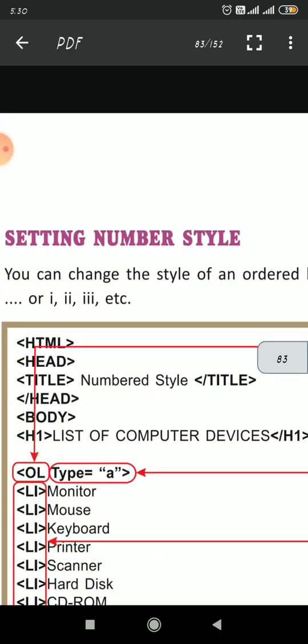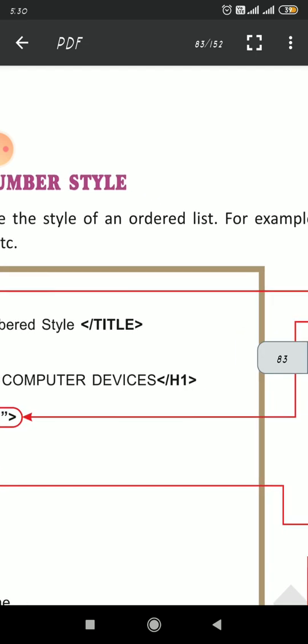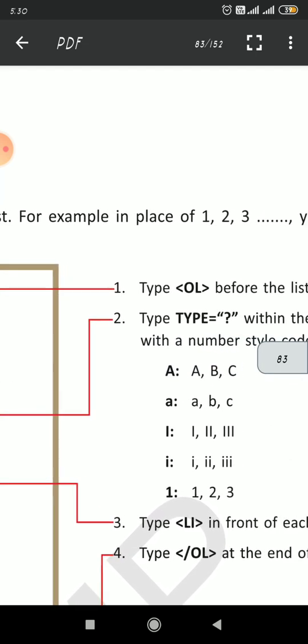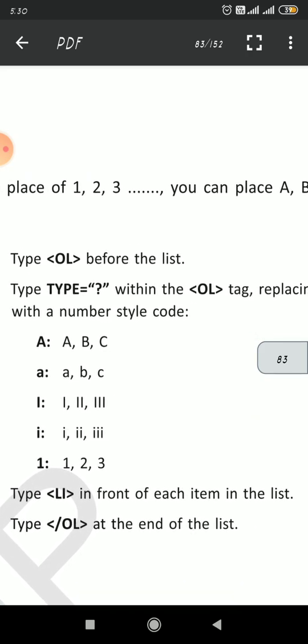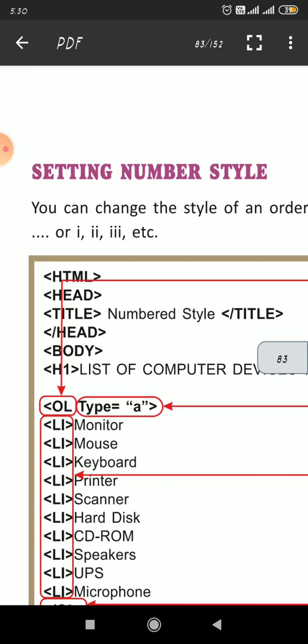Setting a number style. There is also an option to change the number style. You can change the style of an ordered list. For example, in place of 1, 2, 3, you can use A, B, C, or small a, b, c, or Roman numbers.